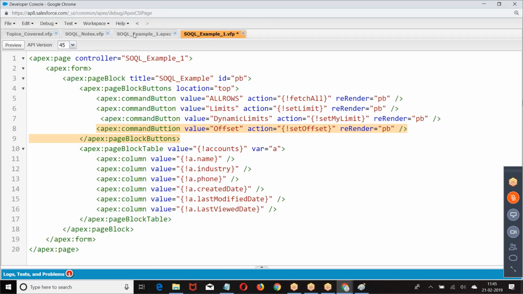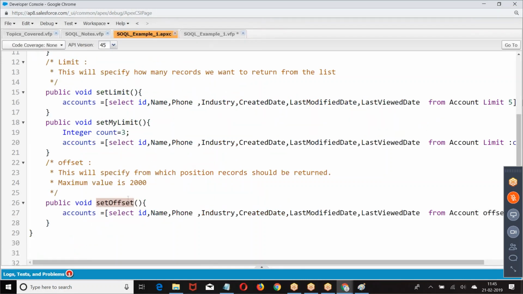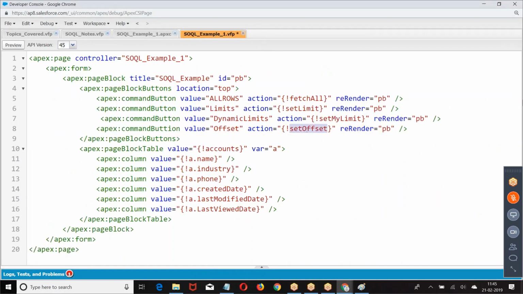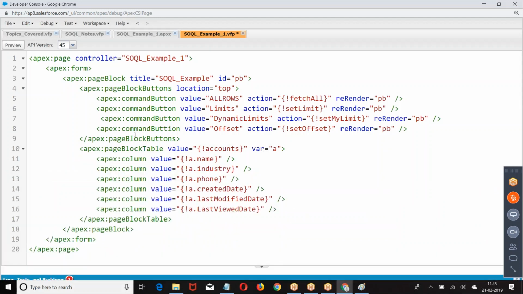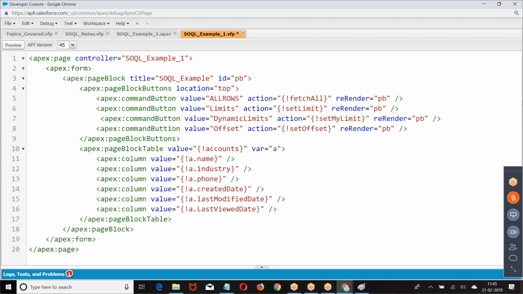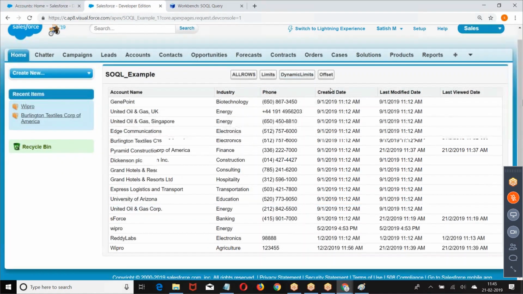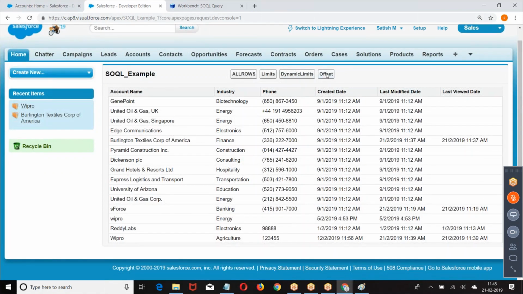Now we gave offset. Go back to the preview. I told you 5, so 0, 1, 2, 3, 4. From pyramid construction, we are going to get it.